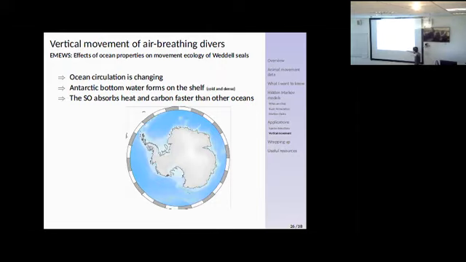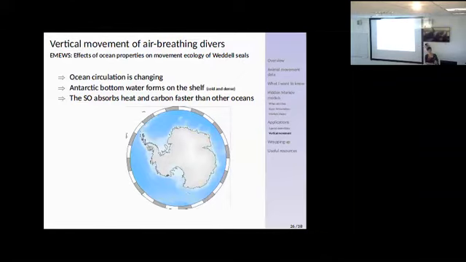So this is the Antarctic continent, and the ocean that surrounds it is the Southern Ocean. The Antarctic is important for ocean circulation, and ocean circulation is really important for our climate. Especially in Scotland, we experience that acutely because we have the Gulf Stream, which means that Scotland is much warmer than places at the same latitude on the other side of the Atlantic. The Antarctic is really important for ocean circulation because a lot of the physical processes that drive that circulation happen here. So these white bits are the Antarctic continental shelf, up to about 1,000 meters, and this is where